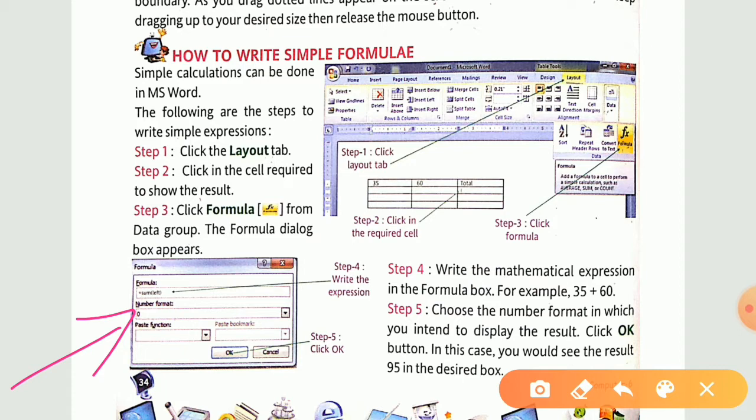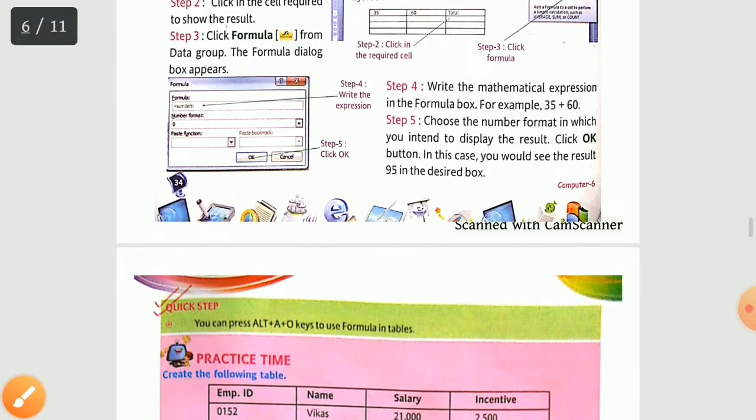Then afterwards you click on that OK button. You will see the result 95 in the desired cell, so for 35 plus 60, you will be getting 95 in the cell which you have selected. So these are the 5 steps of how you are going to write down simple formulas. Okay, now see the next page.